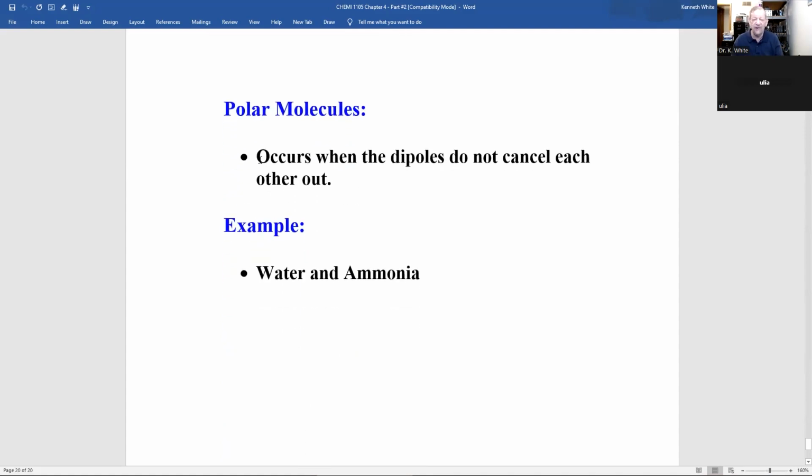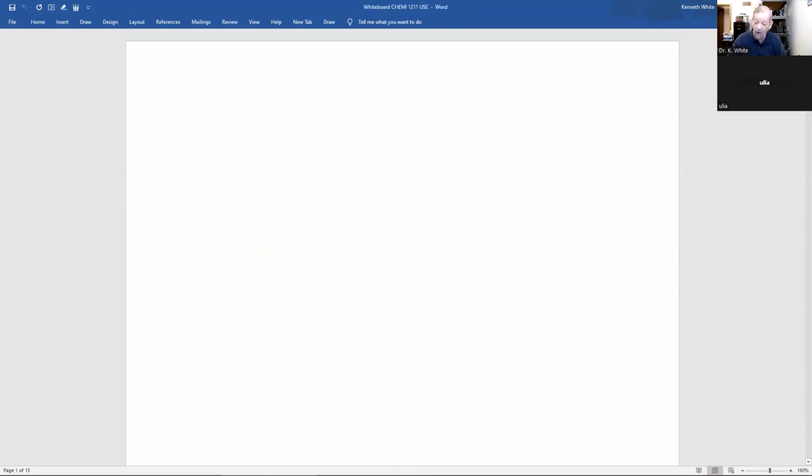Now, here they say occur when dipoles can't cancel each other out. Let's look at water. This is very important. Now I'm going to turn the switch on for water because this is an important aspect of water that affected how we are on this planet. Really? Yep. Now, if we consider water